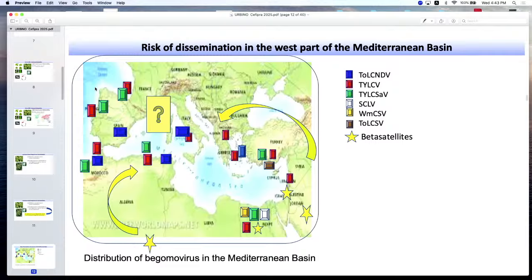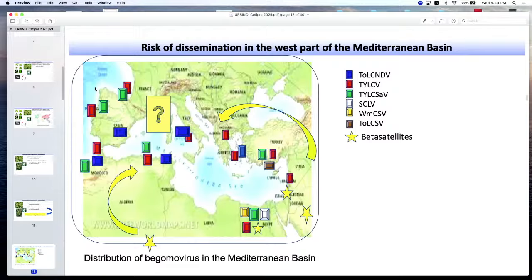And when the disease emerged, the scientists there sequenced the beta satellite and said, oh, we have a beta satellite. They looked in the literature and found that this beta satellite comes from Israel. And they said, but we didn't have it. But it was published by someone else who took some samples and found the beta satellite in 2012. But the disease appeared only in 2016. So now we are really afraid because it's there, it's in West Africa, and we think that it will arrive in the Mediterranean basin because of movement of whiteflies,